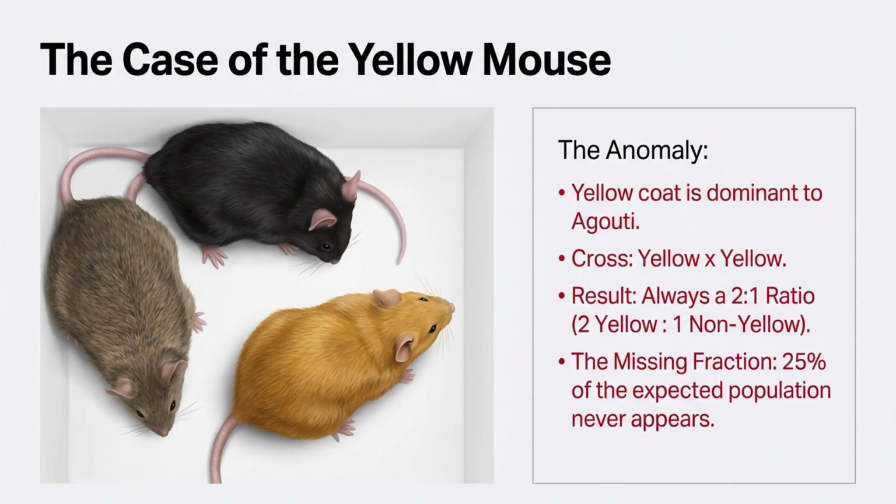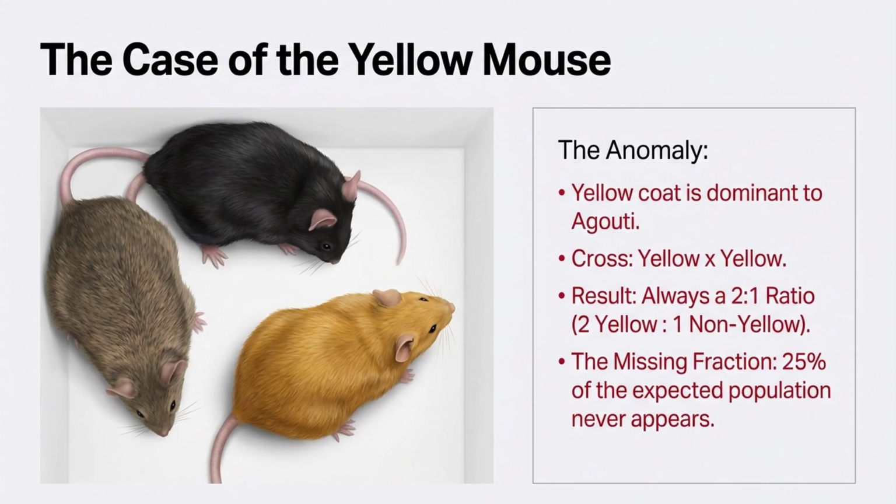So let us look at a classic genetic anomaly, coat color in mice. In this system, yellow coat color in mice is dominant to the wild type agouti color. When we cross two yellow mice, we do not get the expected 3 to 1 ratio. Instead, we consistently see a 2 to 1 ratio. It means that two yellow mice are produced and one agouti